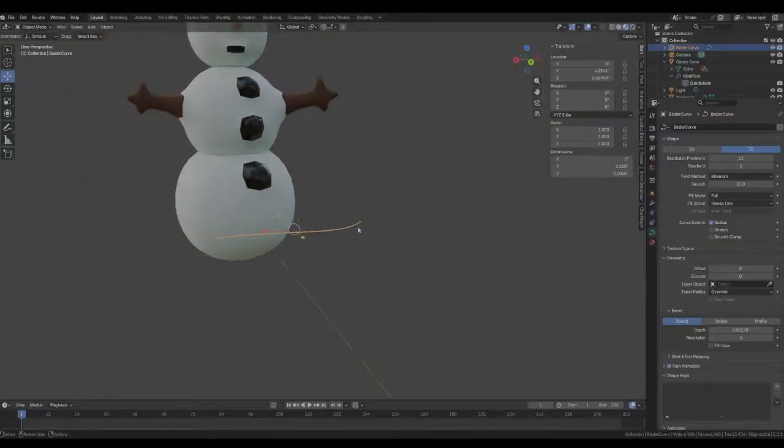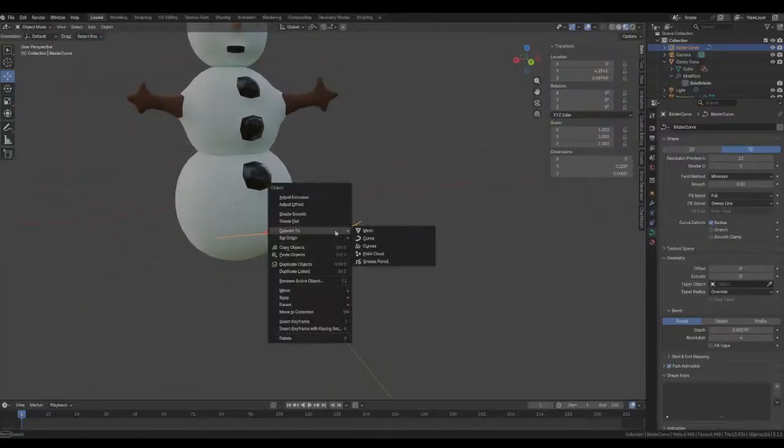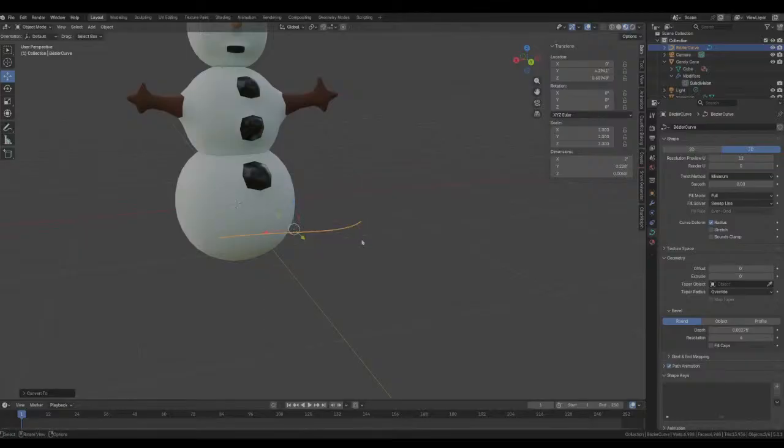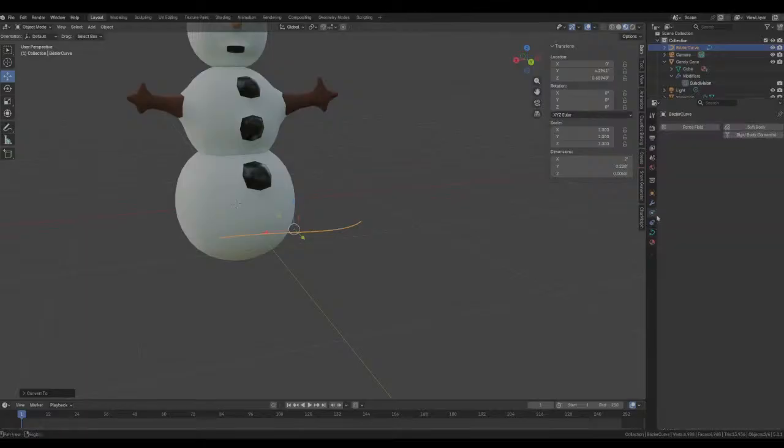I'm sorry about what I just did. Okay, so now I can convert it to a curve. But that doesn't. Oh, it does out of physics. But I still can't use a hair.